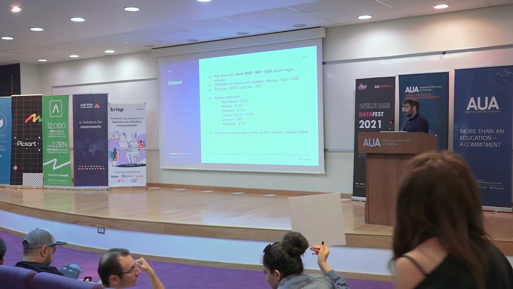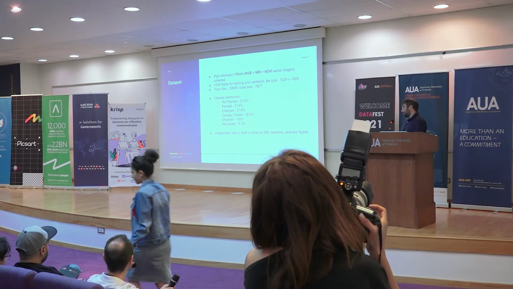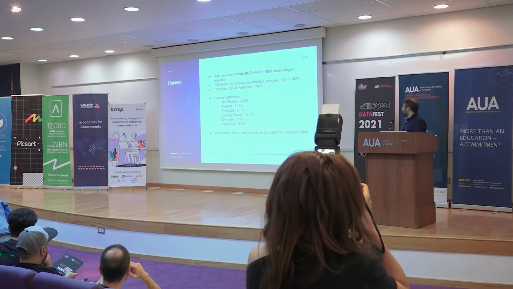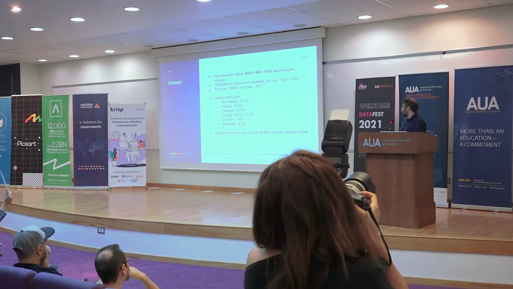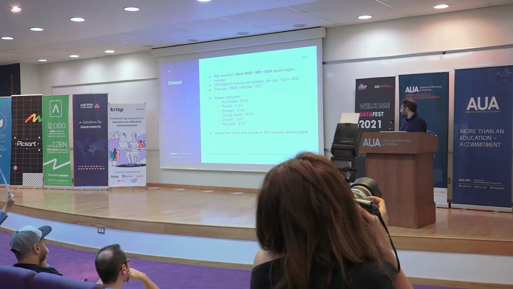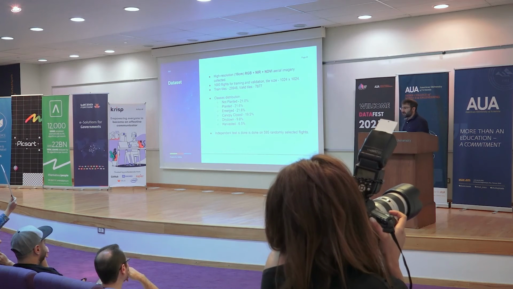So it's a typical image classification task from the first glance, and it should be easy. A few words about the dataset. So we used RGB, near infrared, and NDVI. And you can see here the class balances, these two are less. And since it's very important,